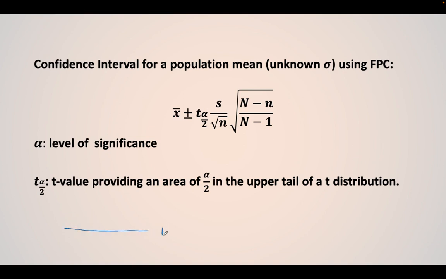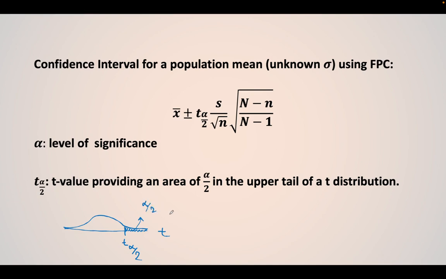Here, the t distribution is bell-shaped, but a little wider. So t alpha divided by 2 is a t value from the t distribution, and the area on the right side of t alpha divided by 2 under the curve, the area of the shaded part, is alpha